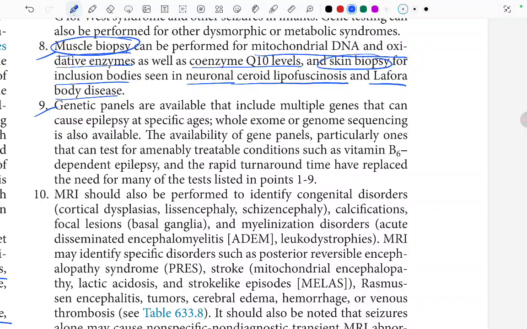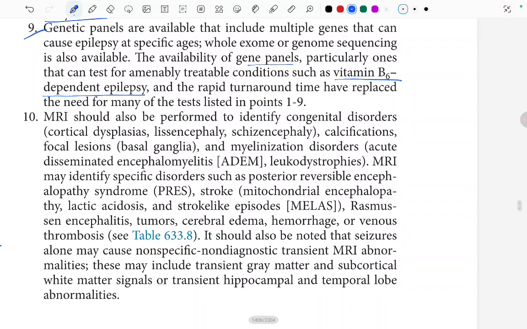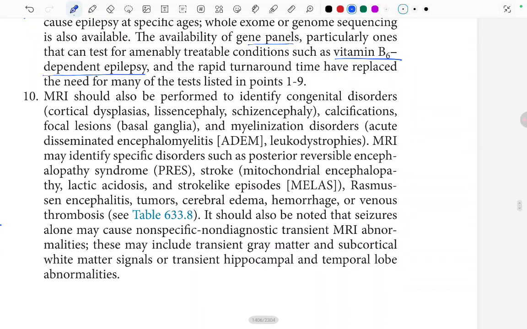The availability of these gene panels, particularly ones that can test for treatable conditions such as vitamin B6 dependent epilepsy, and the rapid turnaround time, have replaced the need for many of the tests listed in points 1 to 9. MRI should be performed to identify congenital disorders like cortical dysplasia, lissencephaly, schizencephaly, calcifications, focal lesions in the basal ganglia, and myelination disorders like acute disseminated